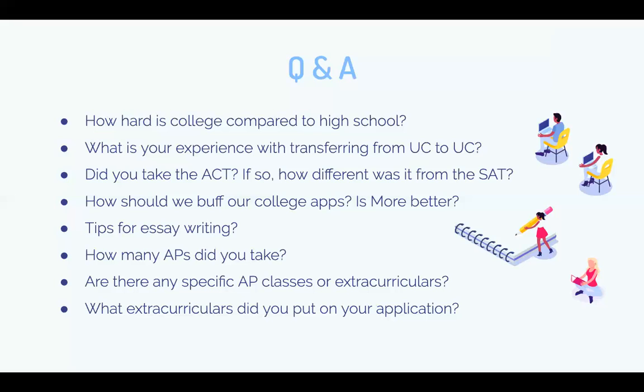What extracurriculars did you put on your application? Again, I did about 4 different internships. I actually worked as a tutor starting from my sophomore year, so I put that as well. I was in NHS and CSF, but I held positions. I was president of CSF for 2 years. I did an equality group on campus, and a lot of volunteer opportunities. I volunteered a lot at my elementary and middle school, a lot with the teachers, grading papers and all that